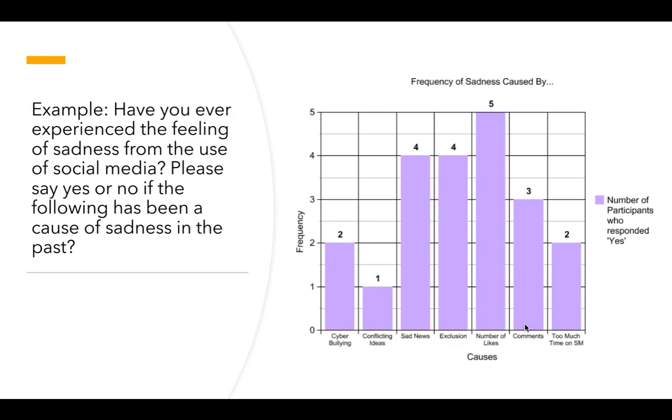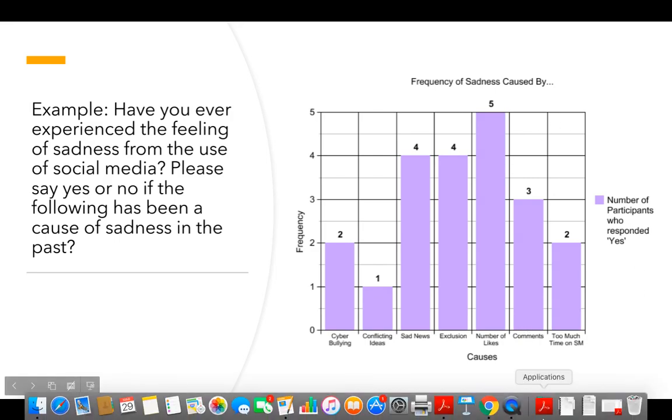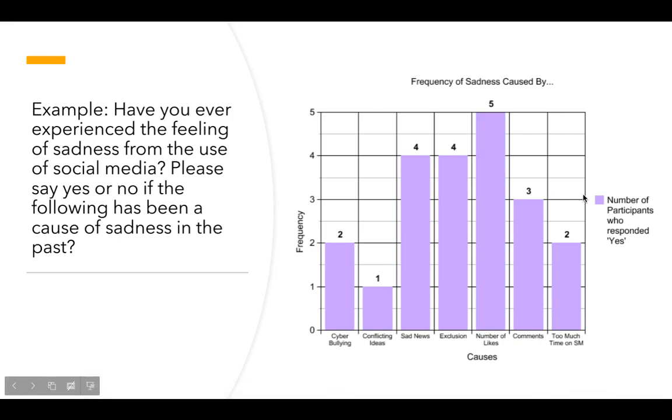Then that can be further interpreted as higher order or superordinate themes, by saying that we use number of likes, comments and acceptance on social media to make social comparisons, to compare how many likes I have, how many comments I have, or positive comments I have to someone else. And this can help us establish our social status in the day and time that we live in. So that is a superordinate theme that you can arrive at by first